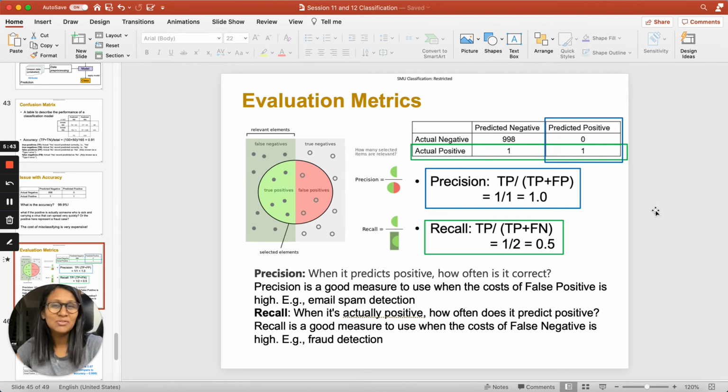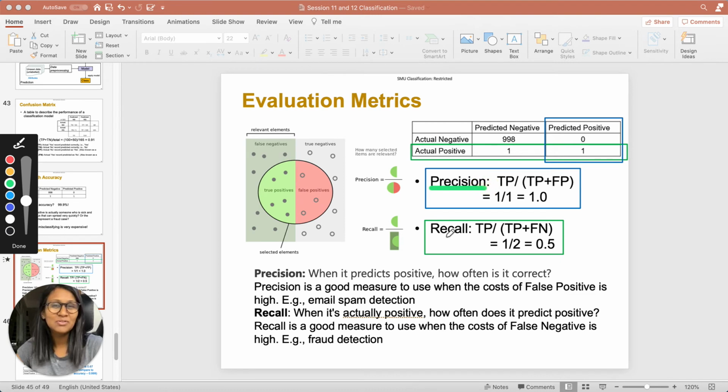So what we do is we look at some other measures which tell us something more about our model beyond the basic accuracy measure that we looked at earlier on. These two measures are what are known as precision and recall. Let's take a look at precision and recall, and see what it is that we are measuring. For both precision and recall, take into account that the numerator is actually the true positive. So the precision is true positive upon true positive plus false positive.